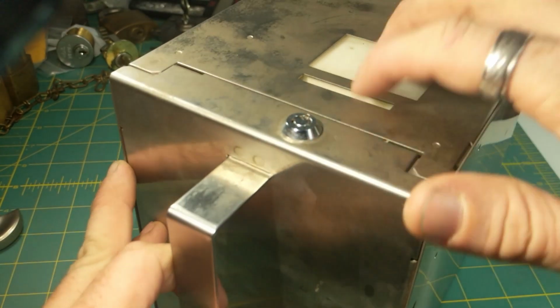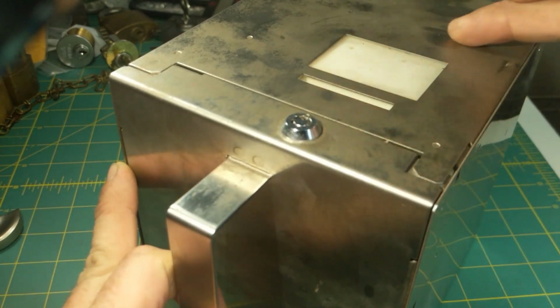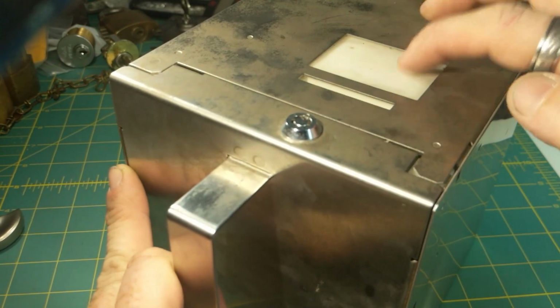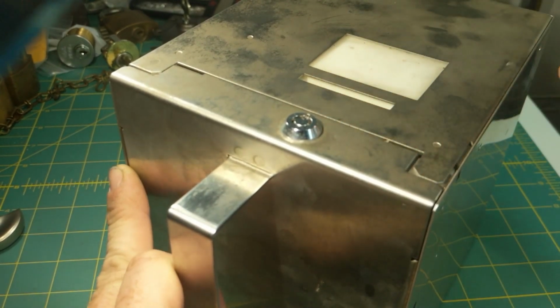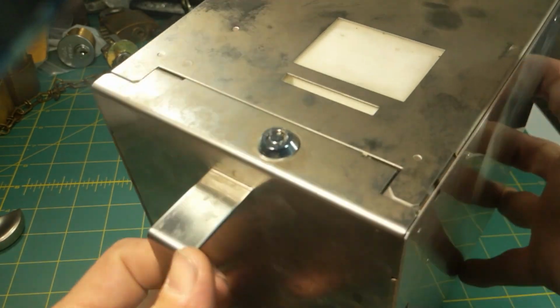Basically, coins drop down into this slot. I think this door is usually open when it's installed. There's a plunger in the back that pushes the door open, if I'm not mistaken. That might just be the other model, actually, but either way. So, it's got this neat little teeny tubular lock here